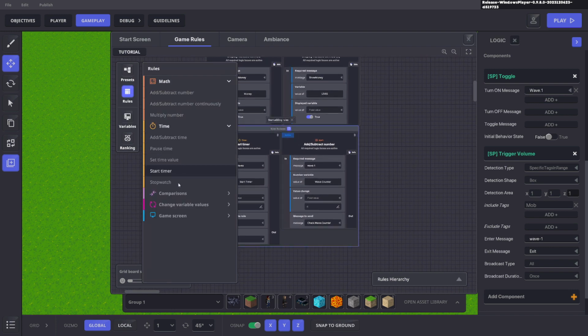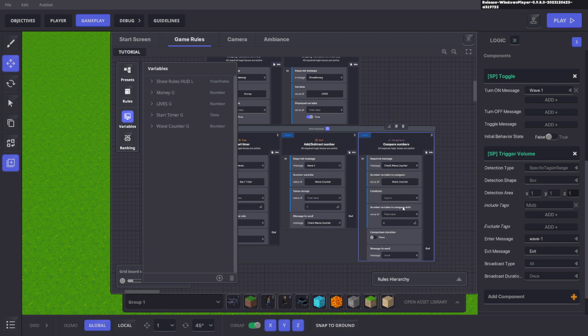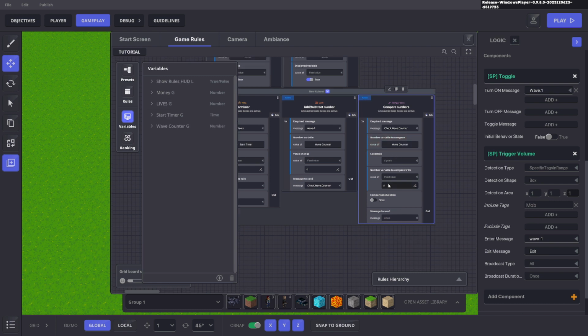So we'll go ahead and add a comparison and check numbers. Here we're going to check the wave counter, and we want to see if it equals 0. If it does equal 0, we want to go to the next wave. So we'll add in next wave,